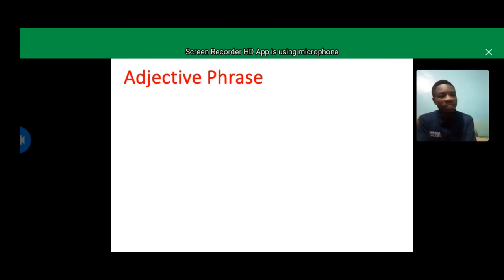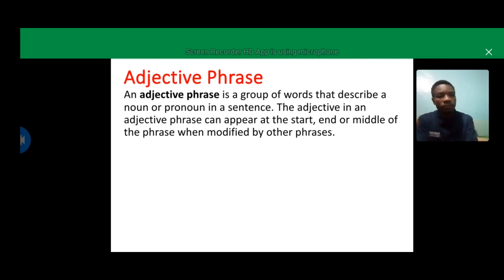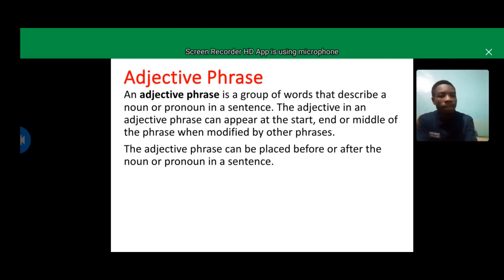On to adjective phrase. An adjective phrase is a group of words that describe a noun or pronoun in a sentence. The adjective in an adjective phrase can appear at the start, end, or middle of the phrase when modified by other phrases. The adjective phrase can be placed before or after the noun or pronoun in a sentence. For examples,